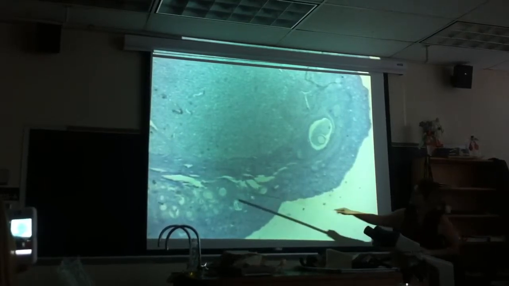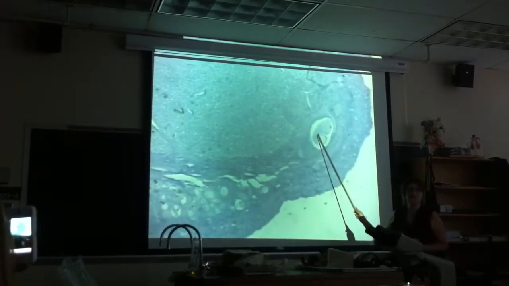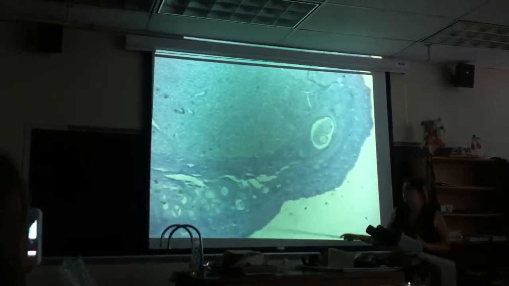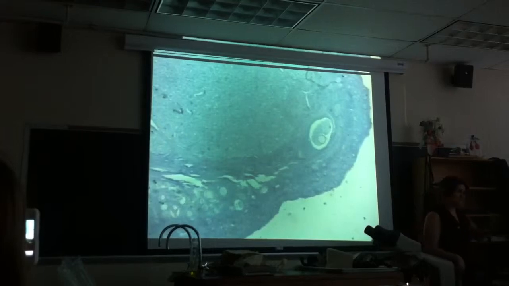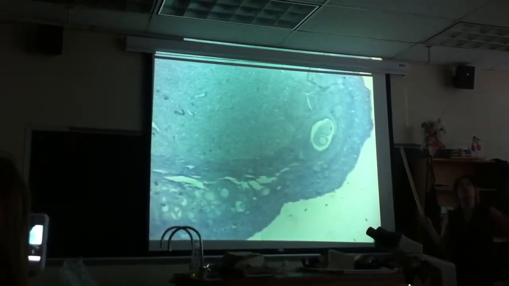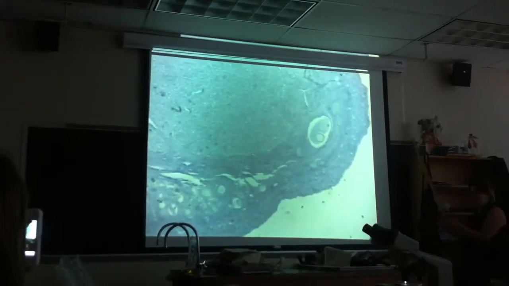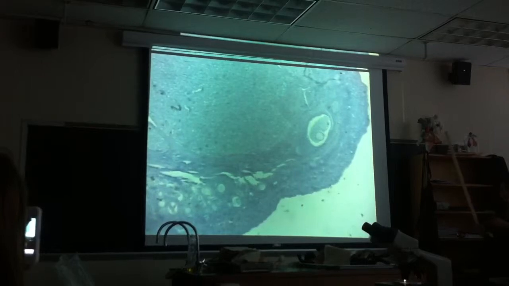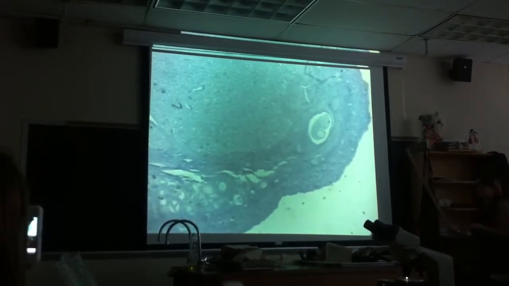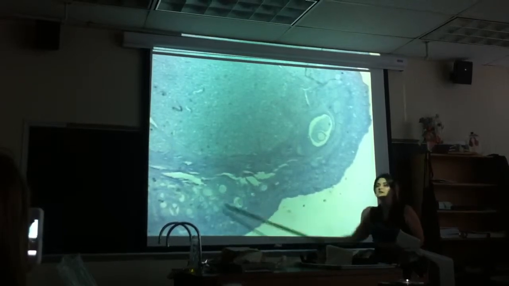And they'll start getting this little clear area on the outside, like you see in the Graafian. But it's not like they're primary follicles and then one day they're secondary follicles. Sometimes you get intermediate phases where it's hard to tell, is it primary, is it secondary, is it Graafian? But when I do it, I'll pick ones that are really clearly